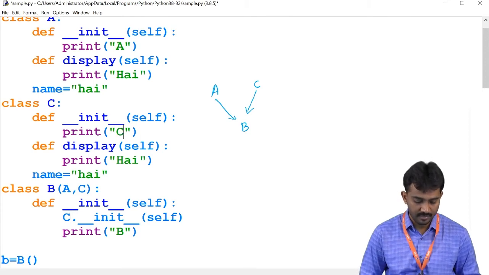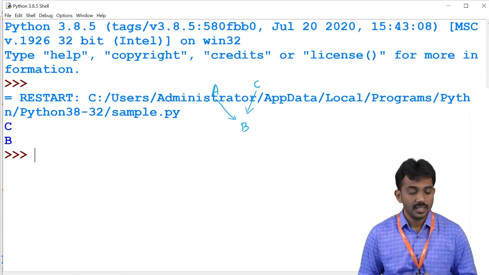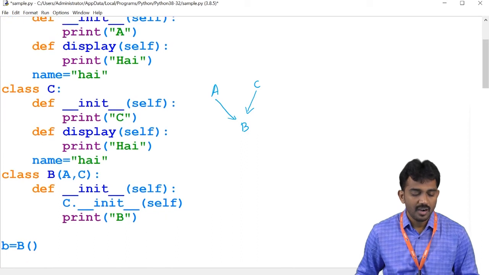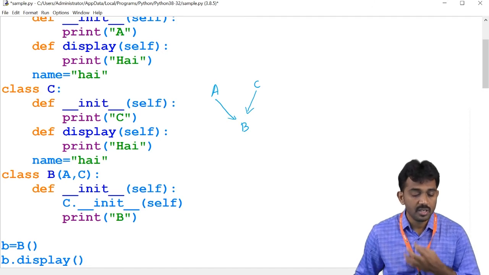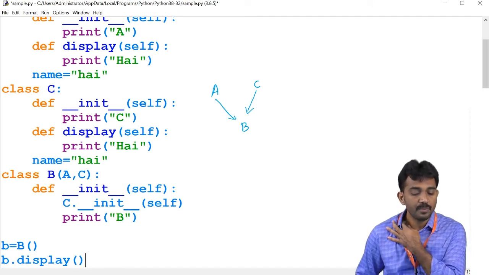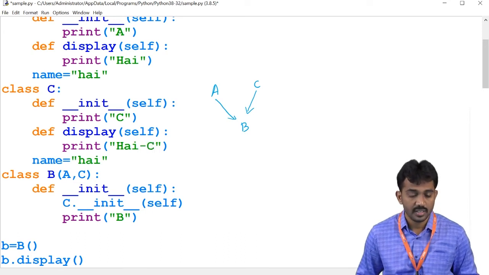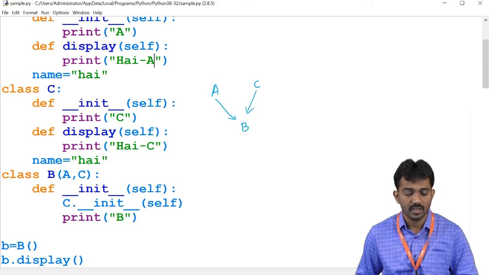This is C. Then it is C and B. But I have one doubt. B dot display. For example, if you use B dot display, this is high from C, and this is high from A, right? Then see what is the output here?